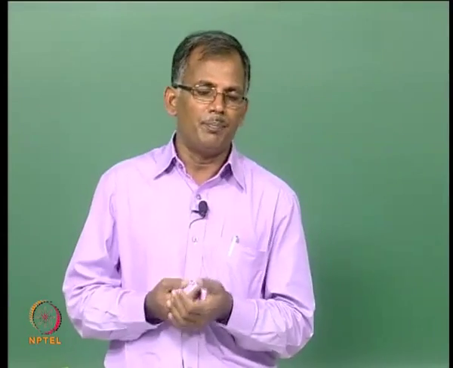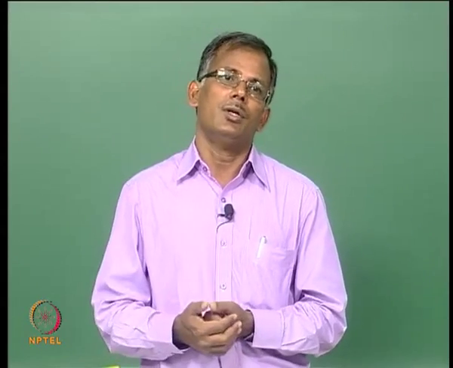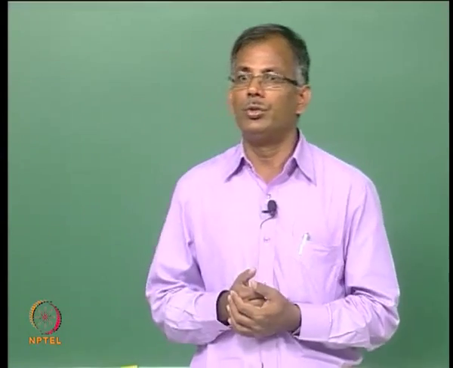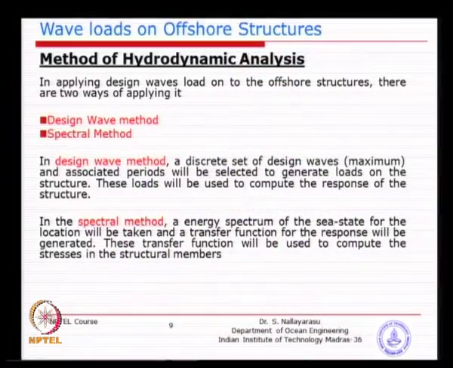That means you can describe the site by a frequency function with wave energy plus your probability, so that you can take a decision: I will design for 90% probability of a particular sea state, and that means you may take a 10% chance that the waves may exceed it, but at least you know what is being designed. Unfortunately, this spectral method is still not being practiced for at least fixed platforms. For floating structures, there are a few instances where the DNV codes do allow the spectral design method for response transfer function, whereas for fixed structures API or any other code does not permit the use of that.